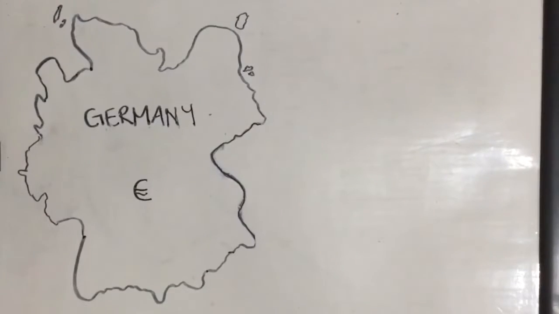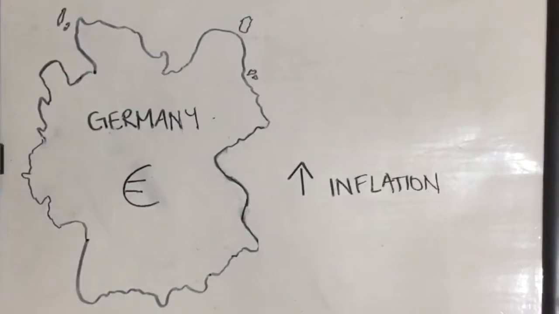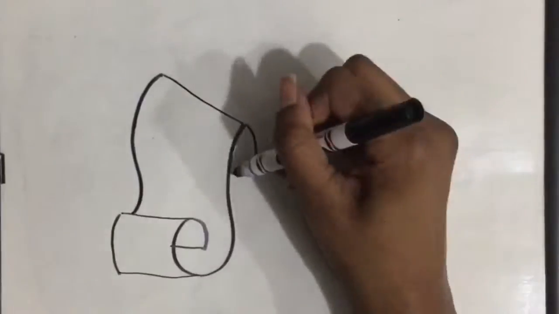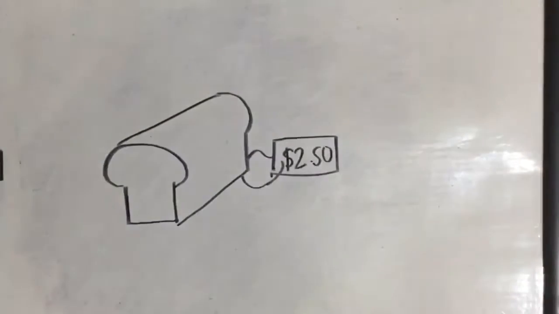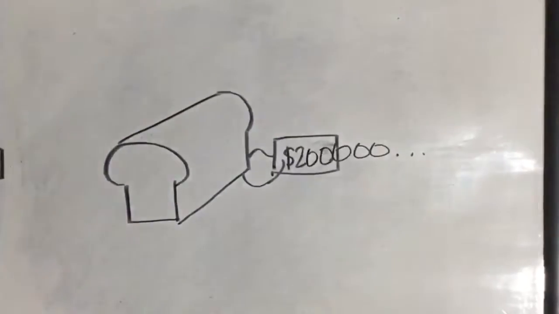In 1923, post-World War I, Germany experienced an economic crisis, hyperinflation, known as a crazy increase in the inflation rates. This was due to the Treaty of Versailles, which forced the government of Germany to pay for all the damage done by war. To give you a better picture, bread that cost 250 marks in January cost 200,000 million marks in November during the hyperinflation period.